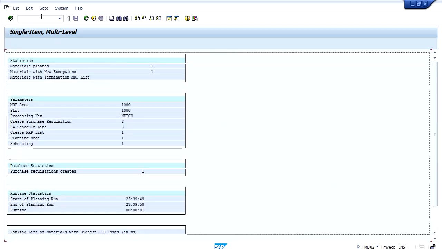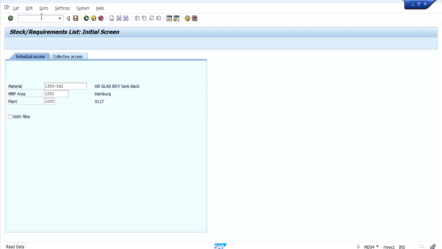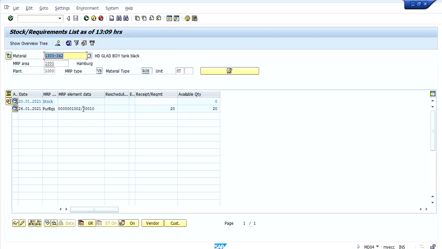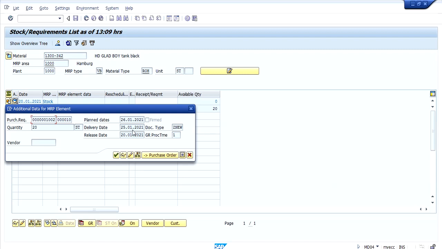So once this is run, we can see the results in MD04. If you can see, here a purchase requisition has been created within the number range we have configured, that is 1000 to 1999. So now if you go to display, we can see the document type ZNEW here.